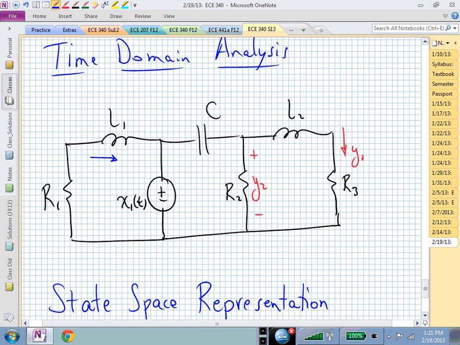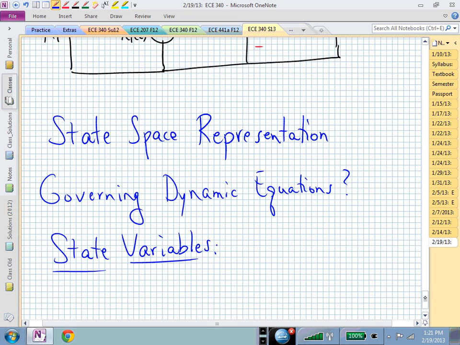Let me call this state Q sub 1. And since I have another subscript on L, let me go ahead and call that Q sub 2. And then I'll call this one up here Q sub 3. I've now identified my 3 state variables. Q1 was the inductor current in L sub 1. Q sub 2 was the inductor current